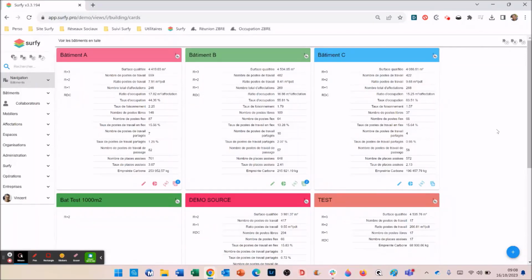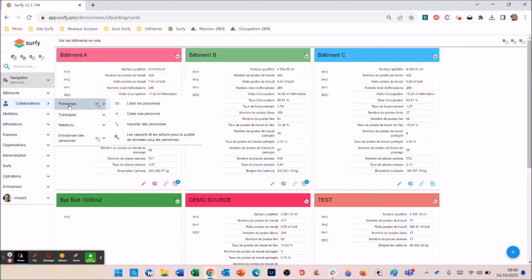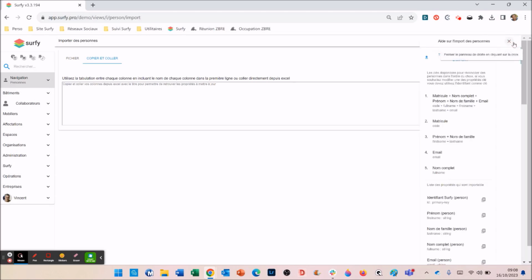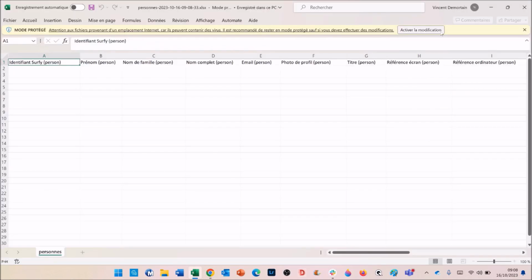You can import people in bulk into Surfy. From the home page, click on Collaborator, People, Import People. We will be able to get help with importing data for the people at the top right. By clicking on it, you can download the import template. It arrives in our downloads, and if I open it, I'll have all the necessary columns to re-import the information